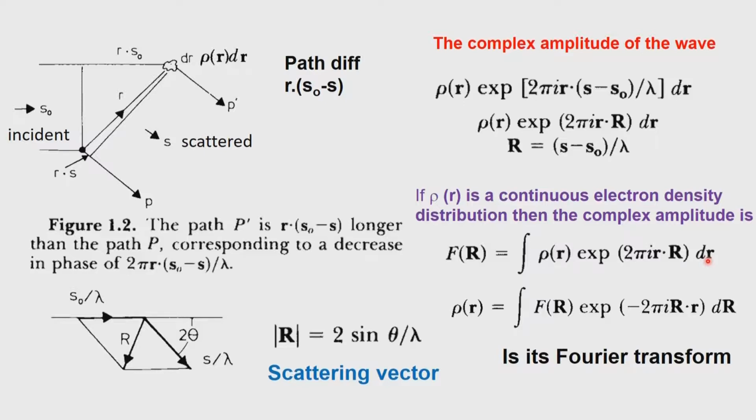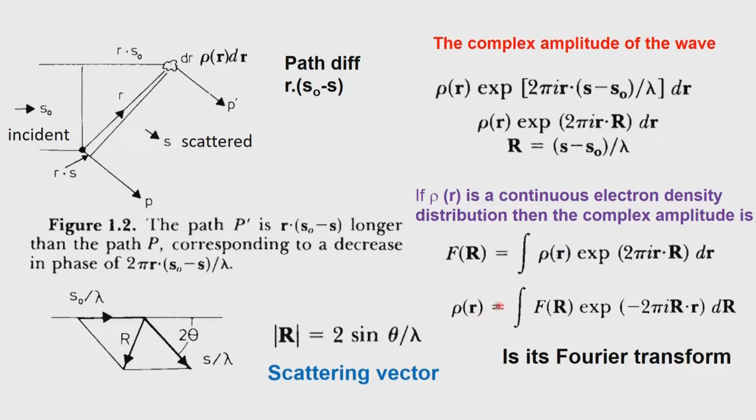Now, we define what we call a Fourier transform. We will define it at this moment, and we will see that the Fourier transform is essentially a value of rho of r taken outside now. So, F of R can be converted to rho of r by this expression, and rho of r can be converted to F of R by this expression, and these two together form what are known as Fourier transforms of each other. We will be spending a considerable amount of time in understanding this quantity, but essentially what we see here is that rho of r is in the real space, that is the electron density.